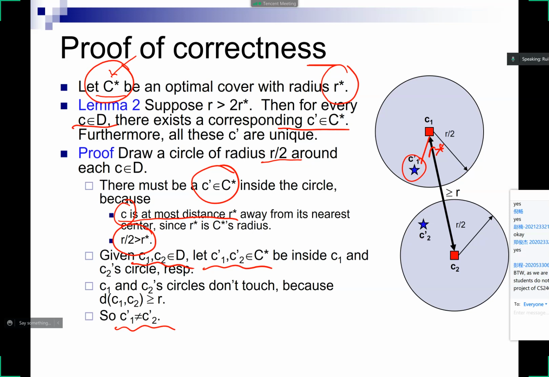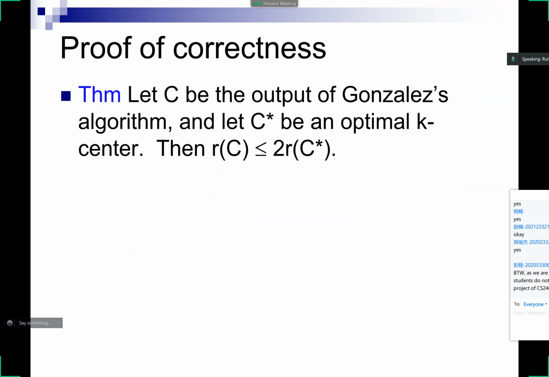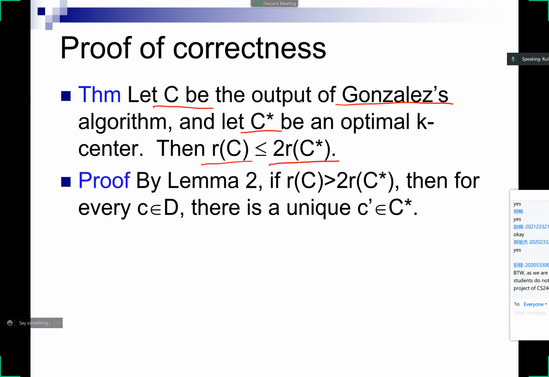Okay, so once we have this, we can just finish up the proof. We're going to compare our output, Gonzalez's output, to the optimal output. The claim is that our radius is no more than 2 times the optimal radius. The reasoning is by contradiction: if you assume our radius is more than 2 times the optimal